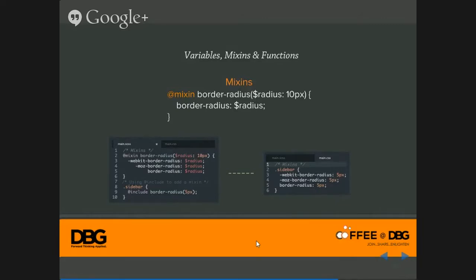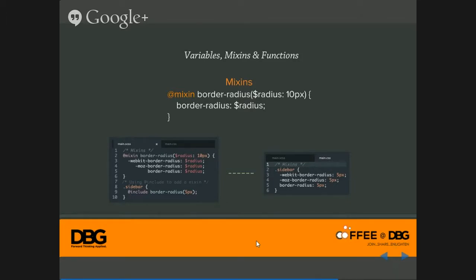Usually a mixin begins with the @mixin keyword, followed by the mixin name. It can be anything. If not border-radius, if I write XXX, then the mixin name will be XXX. Then after that we have the parentheses, and inside that we can pass parameters. I think it's self-explanatory.